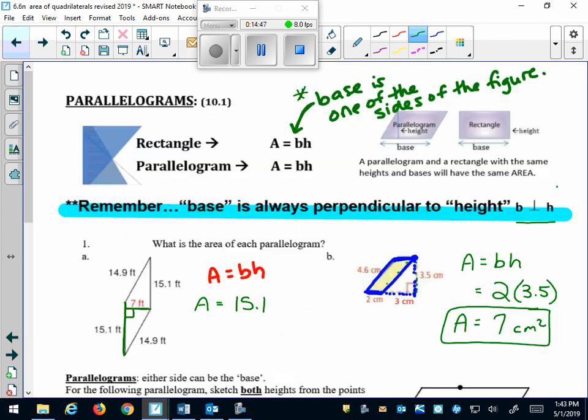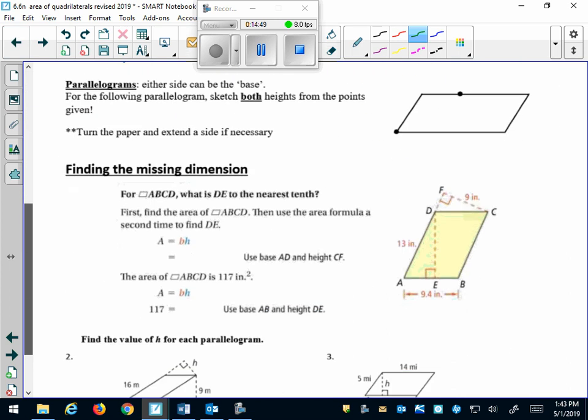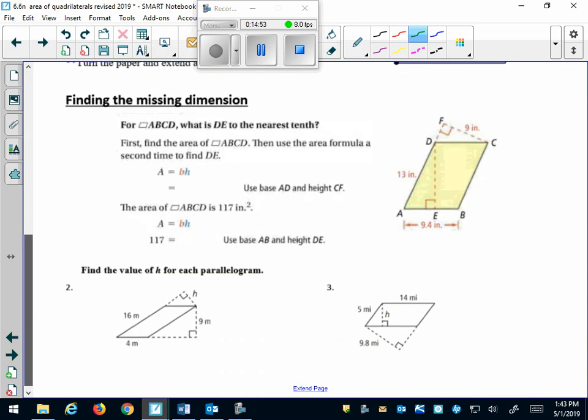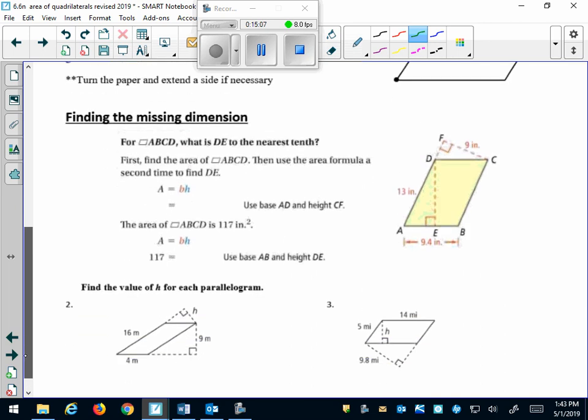So that's what this next little piece of the notes is talking about. If they give you the base and height in one direction, and they have something missing in the other direction, you should be able to solve it based on the fact that the area is going to be the same either way you calculate it. So if we fill this in a little bit,